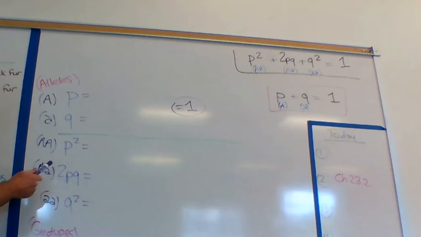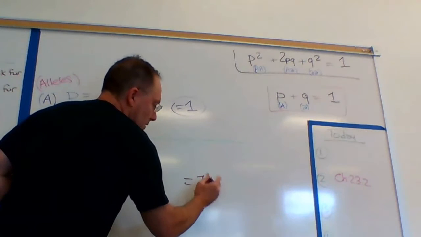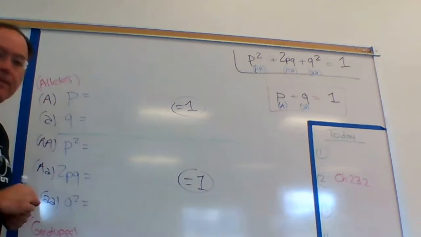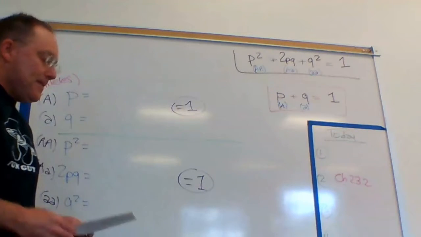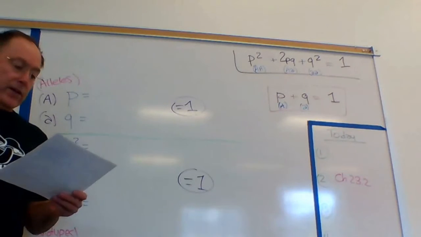And what this represents is if you take the frequency, or how often, these are all decimals that we're going to be dealing with. The frequency of big A, plus the frequency of the heterozygous condition for fur thickness or any other gene combination that we're looking at, and the frequency of the homozygous recessive, or little a, you're going to get 100% again. So these also have to equal 1. Now that we've done that, we can do the math.